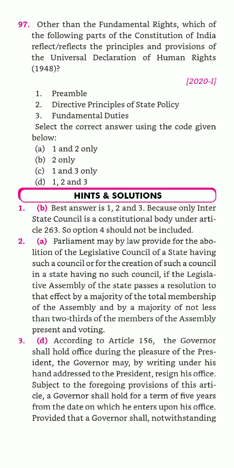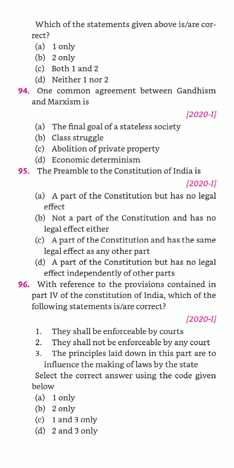So whenever you are analyzing the previous year question paper, please go through the important terms. Like here, Universal Declaration of Human Rights, then you read about the preamble, DPSP and fundamental duties. Friends, here you can go through question number 96. Friends, this is a question they ask again and again in UPSC, like whether fundamental rights or DPSP is enforceable by court. Or you can write about here in 96, instead of Part IV you can replace it with preamble or